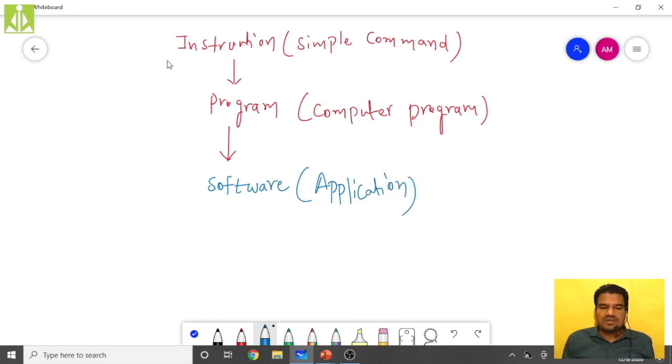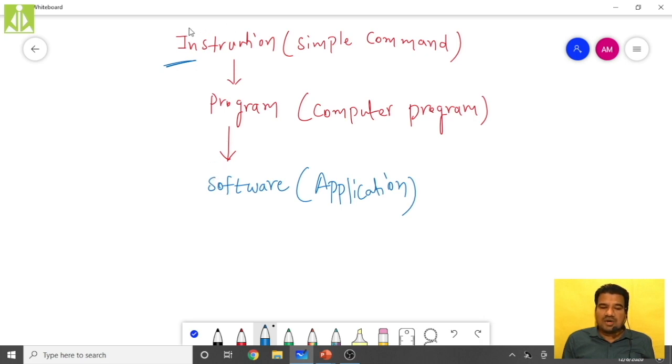Okay, so simple instructions, we are writing simple commands. If you put more than one instruction, more than one command together, then we are getting a computer program. So if you put more than one program together, then it will give you a software.